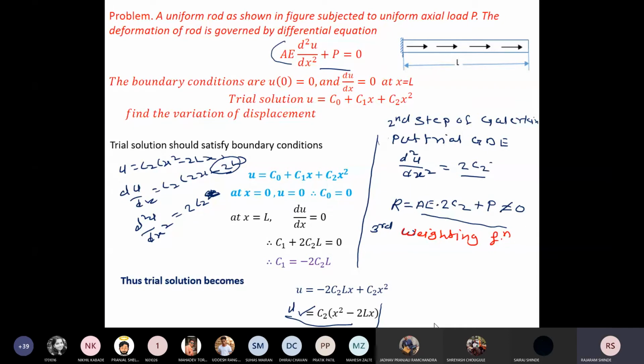Here I have to solve two problems. You see here it is very simple. You have to select here. This is a polynomial. Here your C2 is the unknown parameter, and the multiplier is this x square minus 2lx. This multiplier we have to take as the weighting function. Everywhere here, don't miss it. This is your weighting function: wi equal to x square minus 2lx. Have you got it?